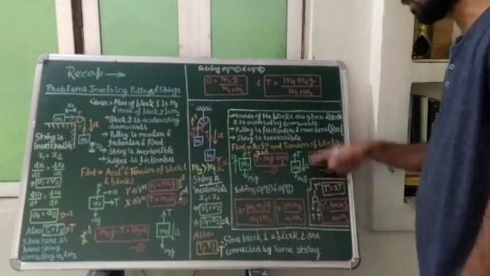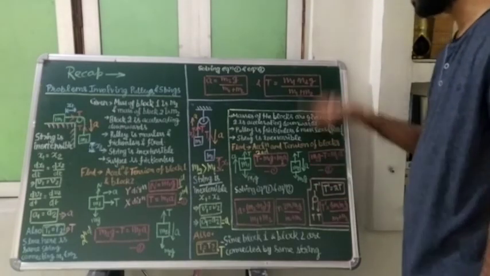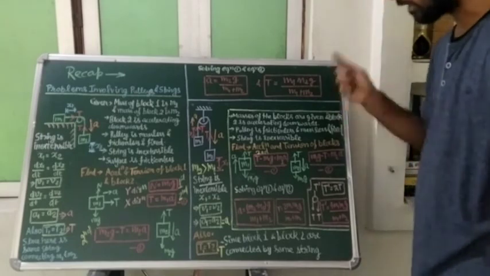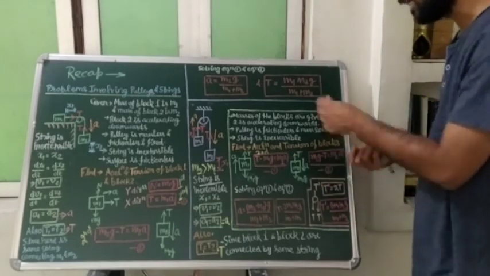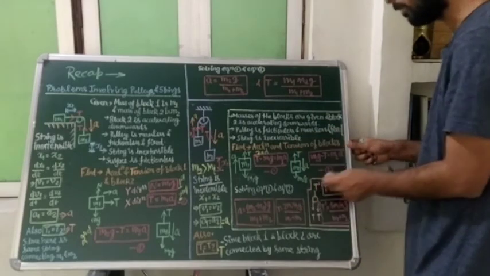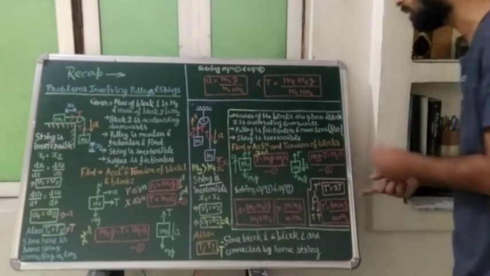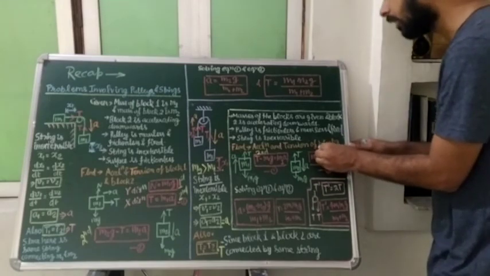When we draw the free body diagram of mass m2, weight will act in the downward direction and tension will be in the upward direction. It is accelerating downward, so now any direction you can take as positive. Suppose we take downside as positive. So m2g minus T will become mass times the acceleration, applying Newton's second law.